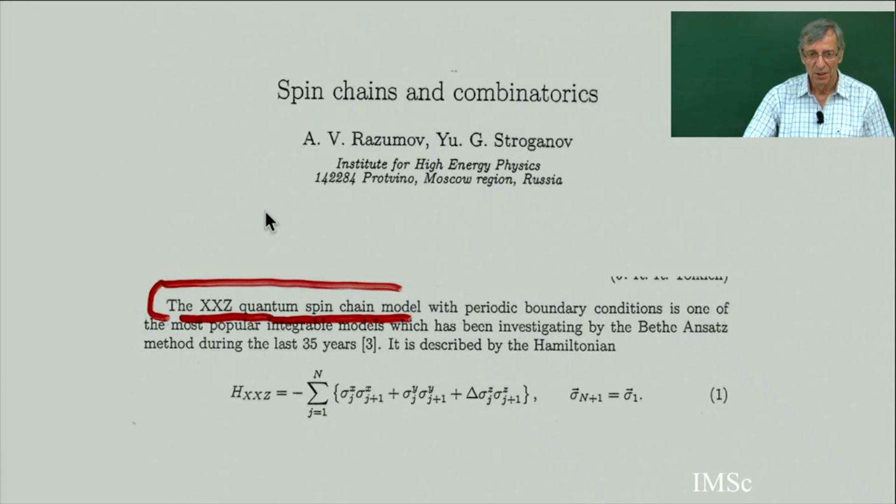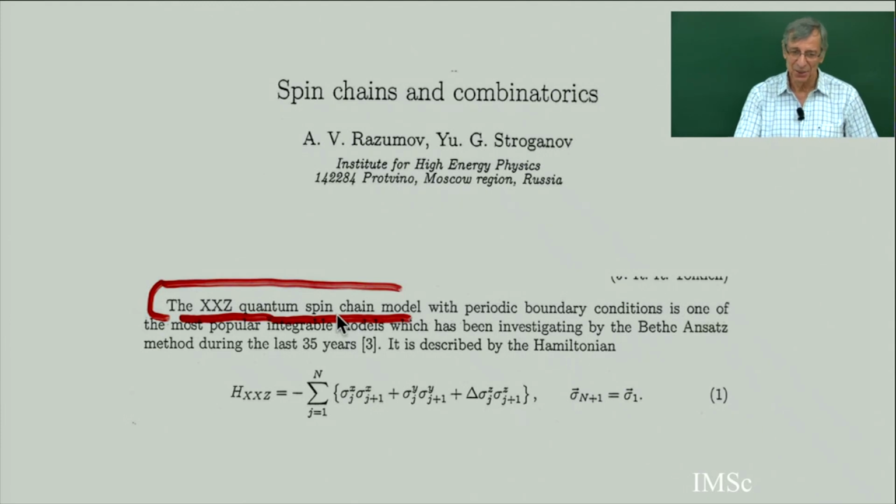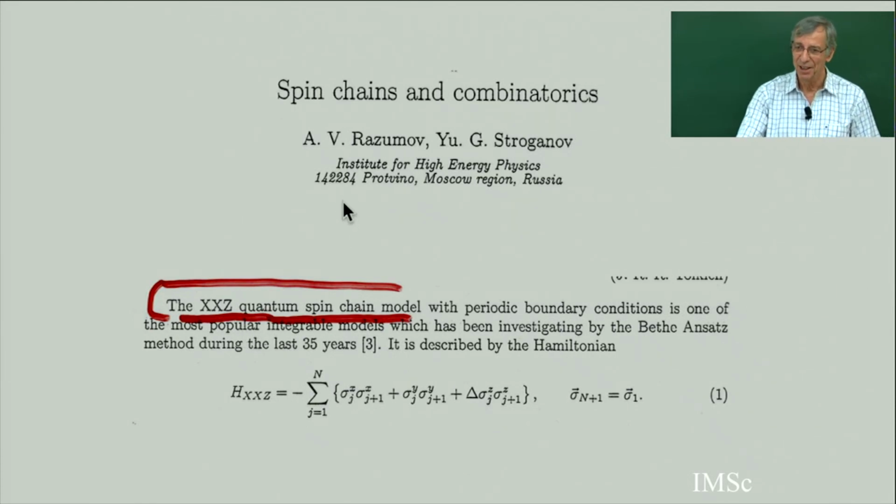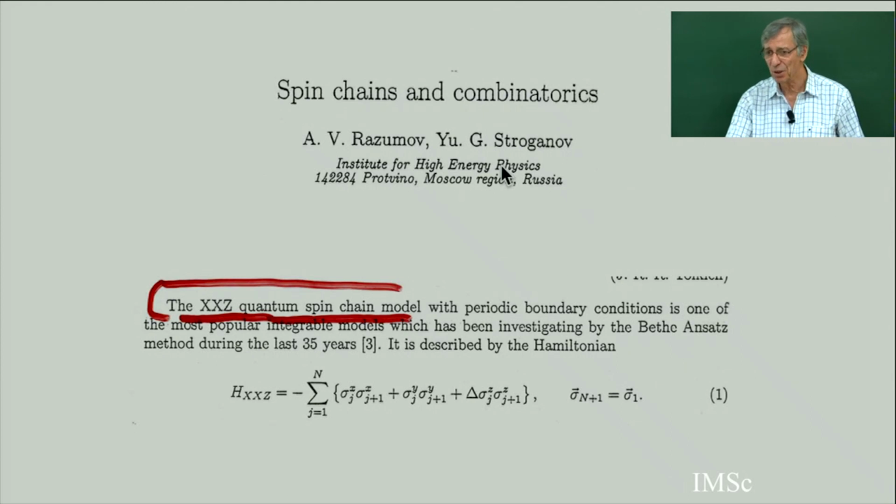Here you see the XXZ quantum spin model. You don't need to understand anything about quantum spin chains. There is a Hamiltonian and everything. This is related to the 6-vertex model, and this paper states the famous Razumov-Stroganov conjecture. I will say a word at the end of this chapter about this very beautiful relation between this combinatorics and this physics. Just a sample. You don't need to know anything about theoretical physics. I will try to make just a sample, open a window, on all these beautiful things, mixing very hard combinatorics and theoretical physics.